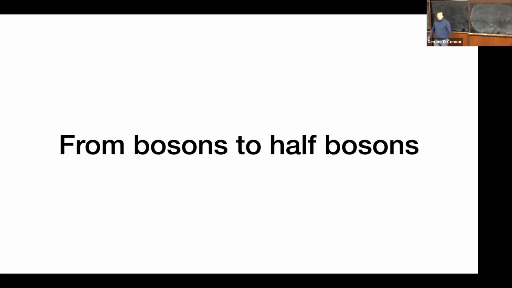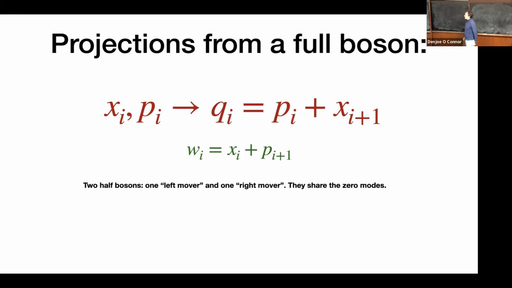Okay. Now I need to tell you how to build half bosons from regular bosons, because otherwise this is all very abstract. So I need to tell you what this translation by 1 really is in a system where we understand this better. So what's the idea? There's 2 ways to build projections from bosons. The first one is you take the regular X P variables and you just pick half of the variables for the Q variable, so you take a P at one side and an X at the next side,